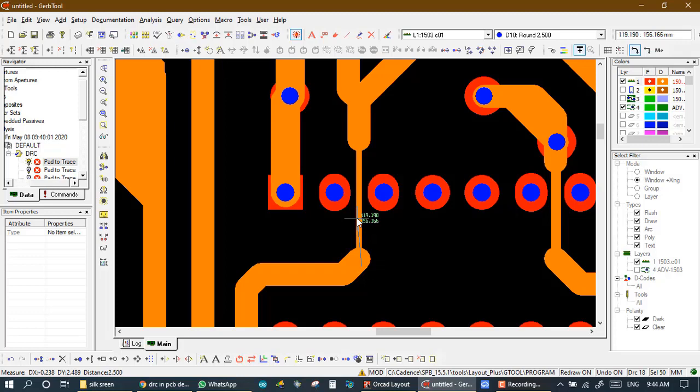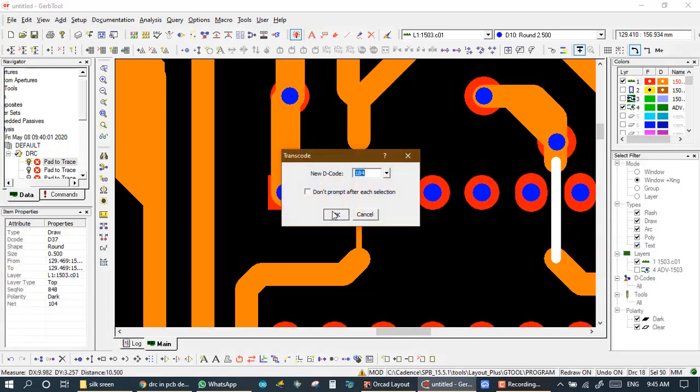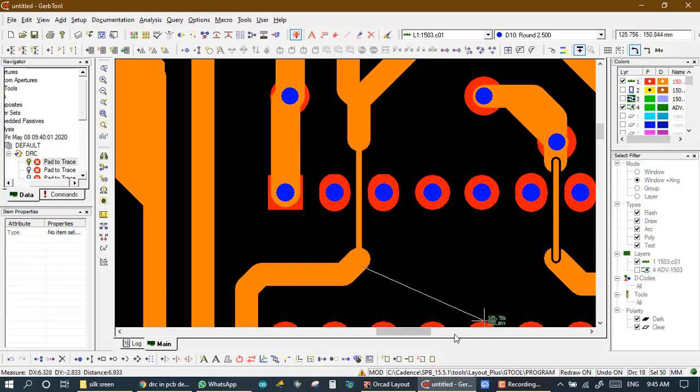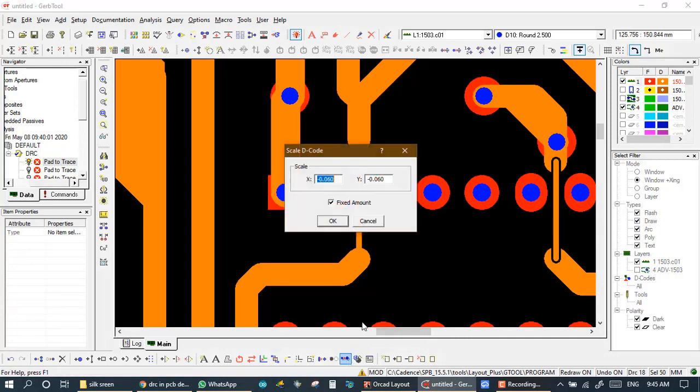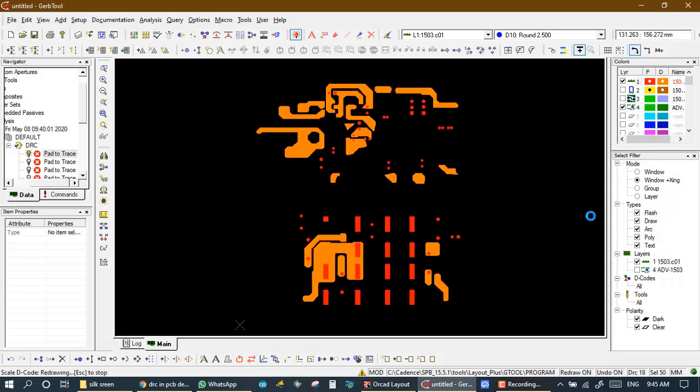But for example, we take it, and we also make this decode like this, transcode, and okay, and also we select decode, control R.